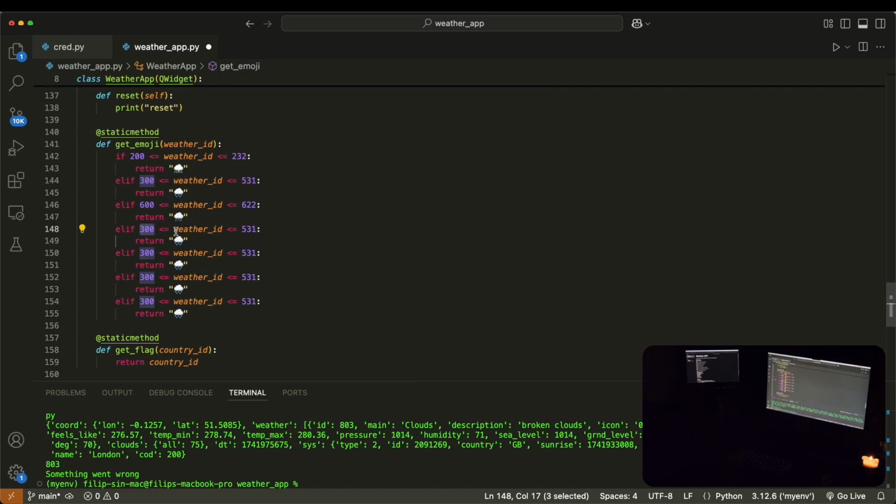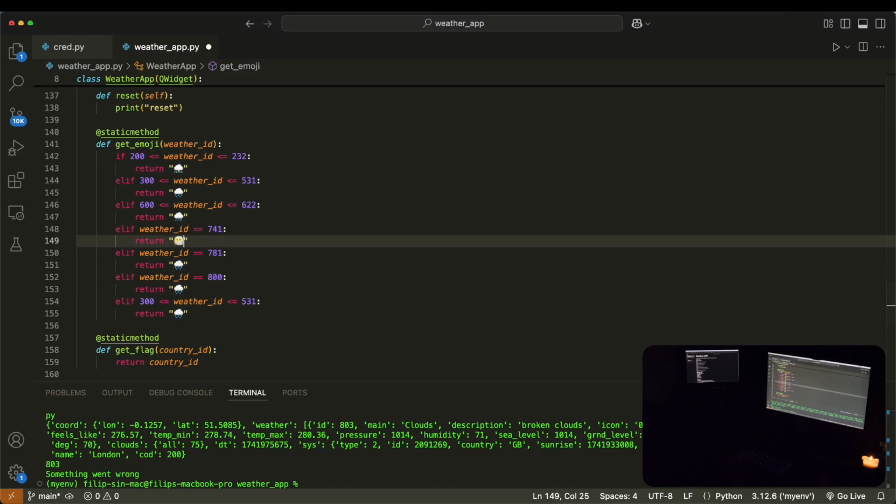Then we have actually 3 that are just equal, and that will be equal here, equal to 741, 781, and 800. 781 is fog,